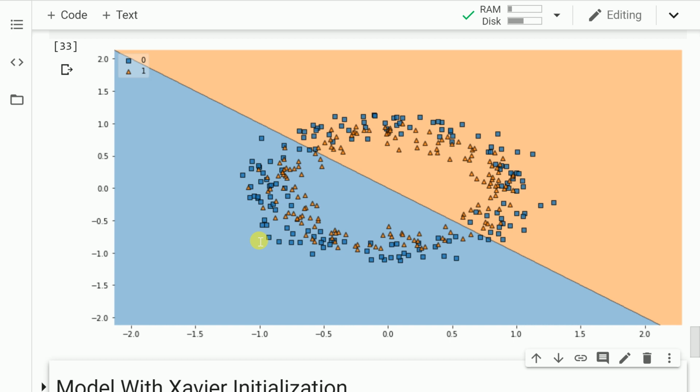It's a straight line with declining slope. As you can clearly see, half the samples which were of class 0 are misclassified. Half the samples of class 1 are misclassified as well. So the overall performance of this classifier isn't that great. So that is where initialization becomes really important in the case of neural networks. And that is what I aim to discuss with Xavier initialization.